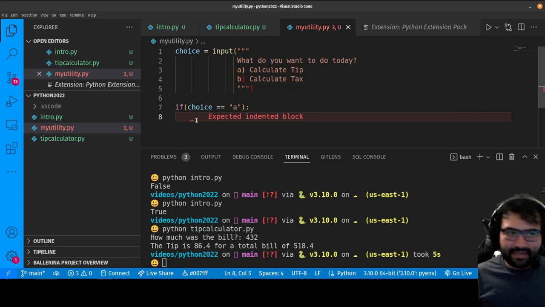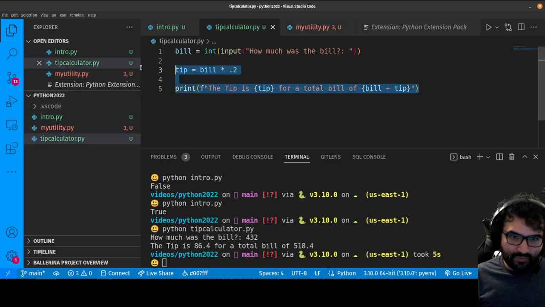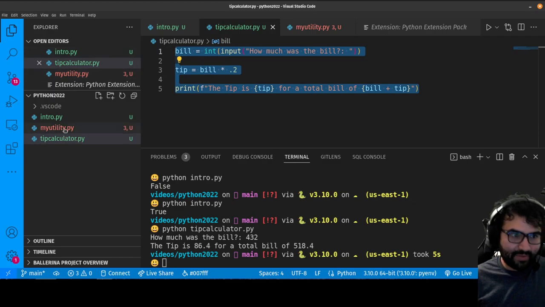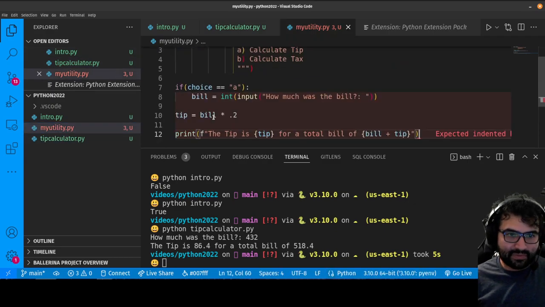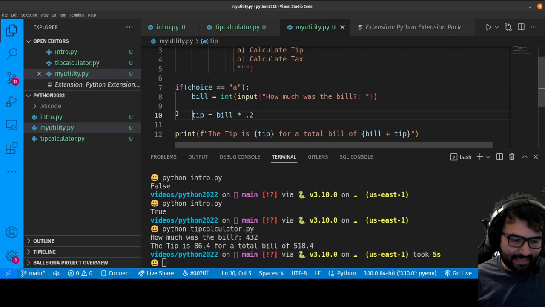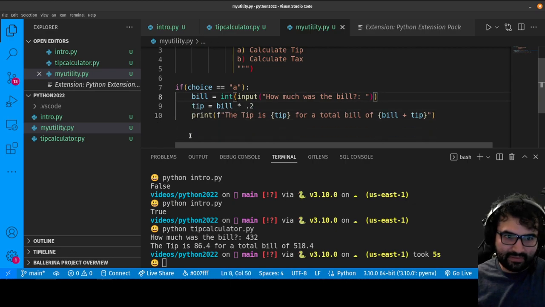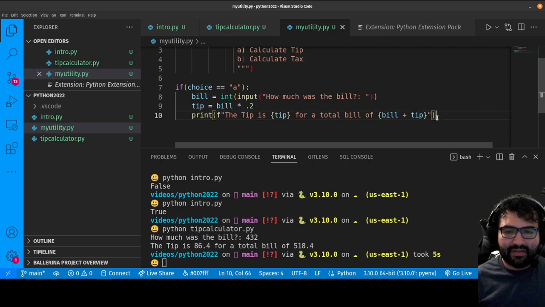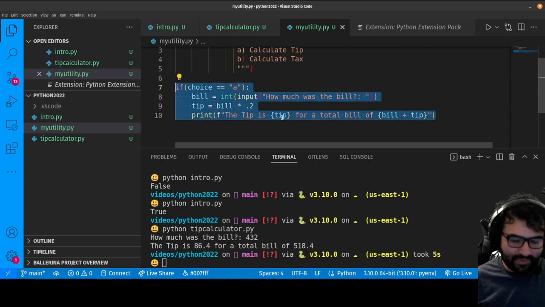So in this case, A is calculate tip. I can then copy the code from here, just literally run that same code. So let's do that. But again, all this has got to be indented, so that way it belongs to that if statement. Okay, and there's that one. Now what I want to do is maybe,